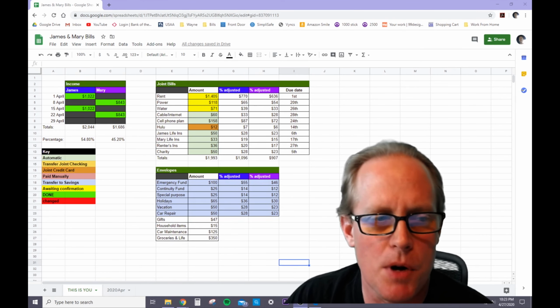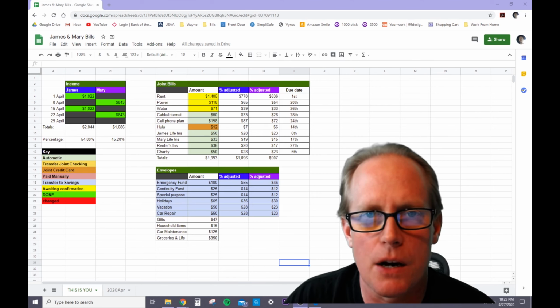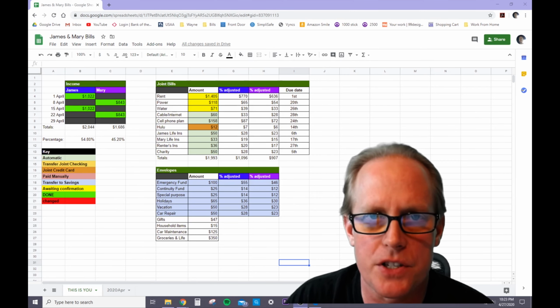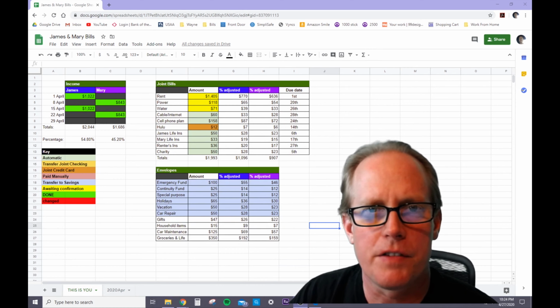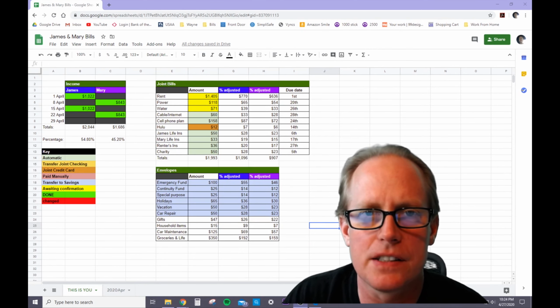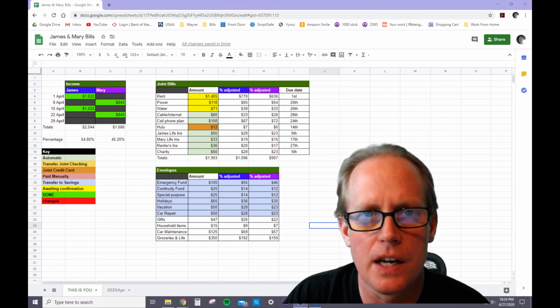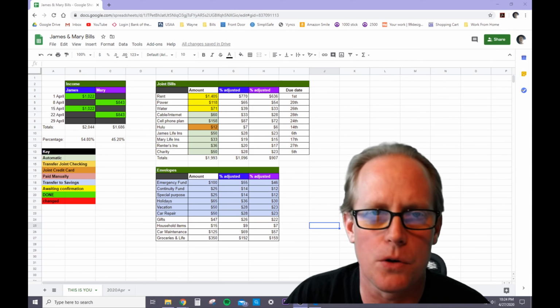And here's the numbers I came up with for James and Mary, just as a first shot across the bow for what their budget is going to look like. And now we're just going to fill this in with the percentages off their respective columns. Now I've got their numbers figured out in their columns, and now the only last thing we want to do for this is calculate how much they need to put into savings and checking every month and do some totaling so we can see what the total damage is here.